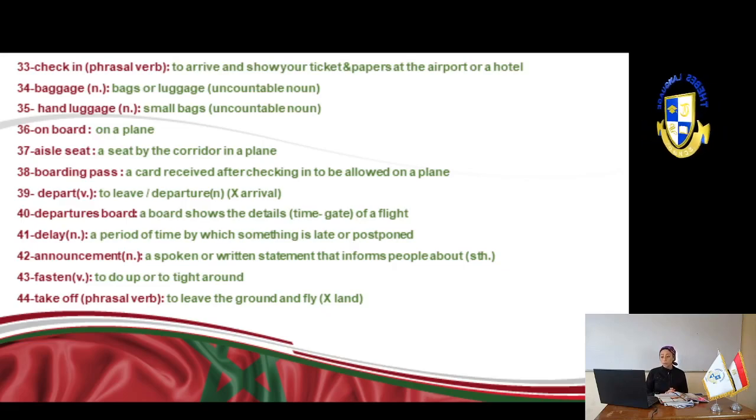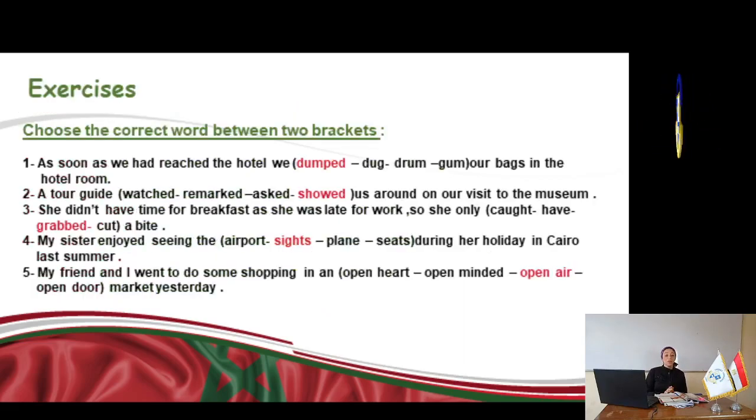Delay, a period of time by which something is late or postponed. Announcement, a spoken or written statement that informs people about something. Fasten, to do up or to tie it around. Take off, which is a phrasal verb and it means to leave the ground and fly. Now, after finishing the new vocab, let's move to slide number 7 in order to check our understanding of these